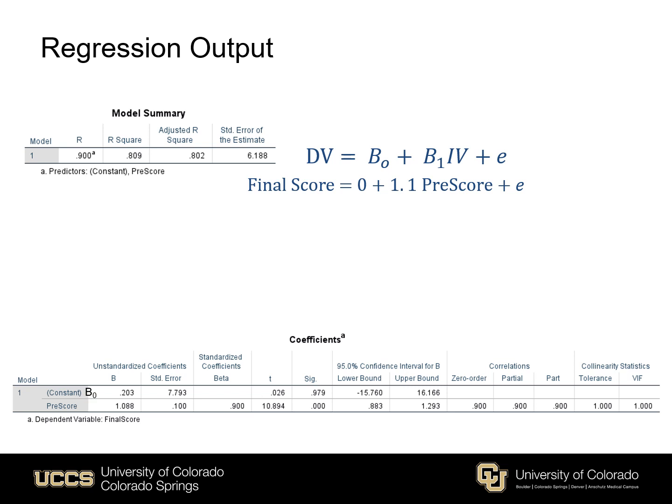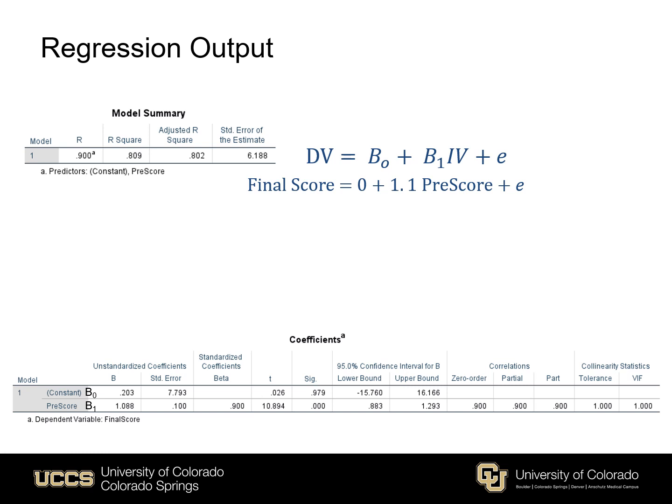Note that down in the coefficients table, I inserted a B0 there, and that was just to mark for you that in SPSS, the coefficients tables from regression runs do not refer to the intercept as such. They call the intercept the constant. So when you see the constant row in any SPSS regression coefficients table, that really is your intercept's row of the table. And I denoted that with a B0. Similarly, just for clarity, I put a B1 next to pre-score because that corresponds to the slope in front of